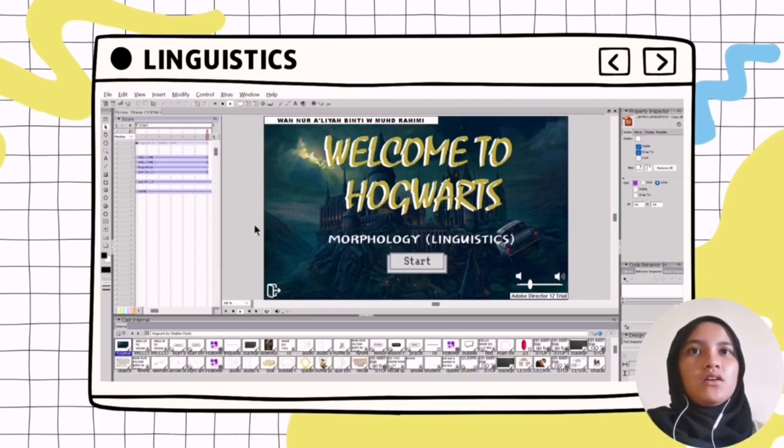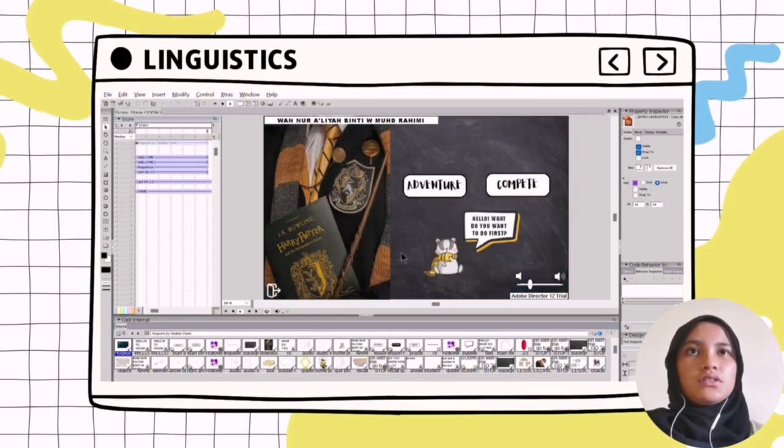So I am doing linguistics for morphology. This is my game. In the intro page, in the start page, there's start button. There's sound button where the students can adjust its volume, and there's quit button where it will go to the main menu of the game. So this is the start. This page is where